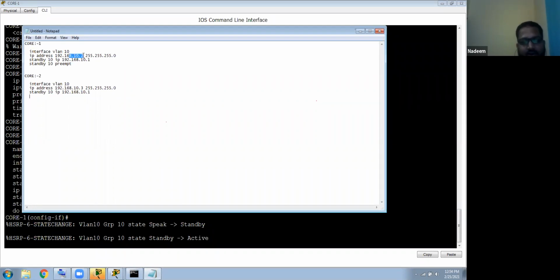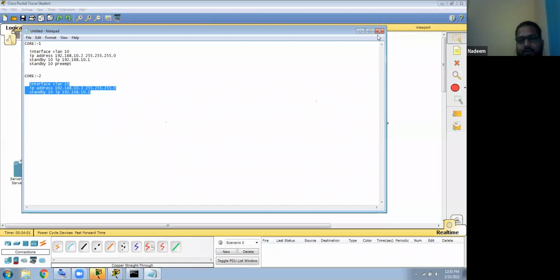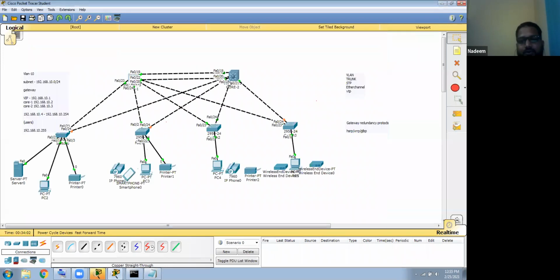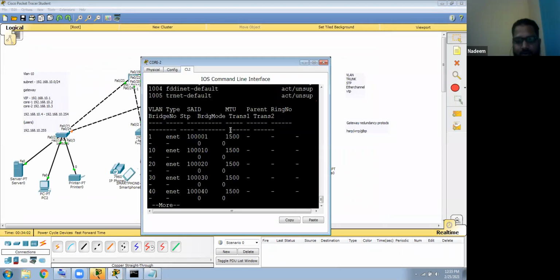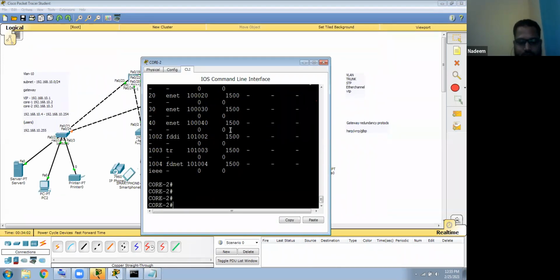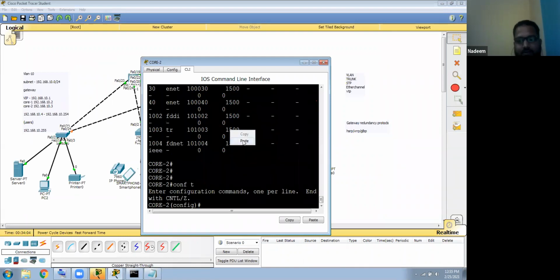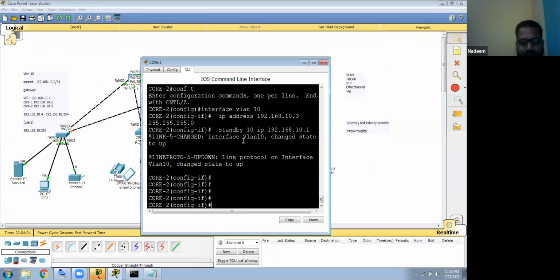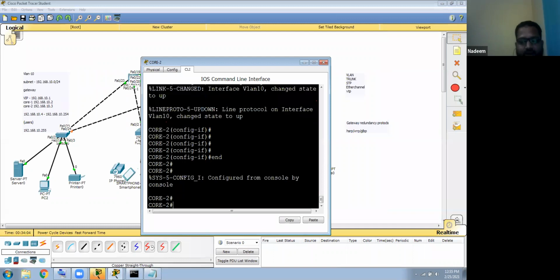We have given 10.2 for one, 10.3 here, but 10.1, the actual gateway, we define here as a standby. So I copy this command, go to the core switch, config terminal and paste here. Done. So my one gateway is completed.